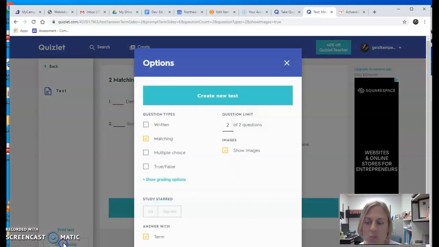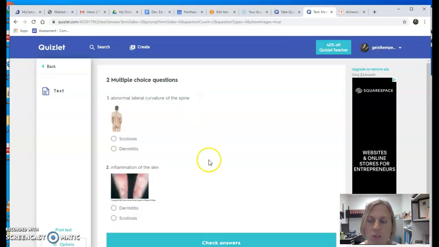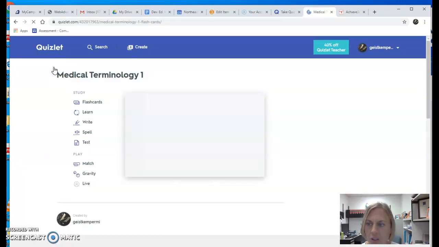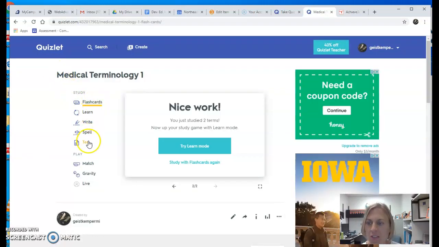So this options button is in most of those. It's in the flashcard and the Learn method as well. So I can flip those to make them do what I want them to do. So if I know my test is going to be multiple choice, I can make them all multiple choice, and then it will give me that as well. So the flashcard, the Learn, and the test are ways that you can test yourself in order to learn those